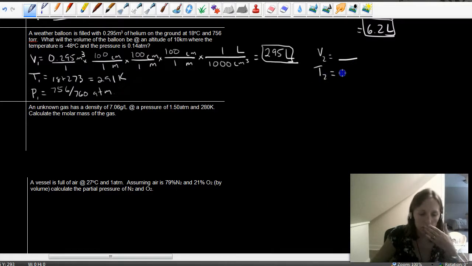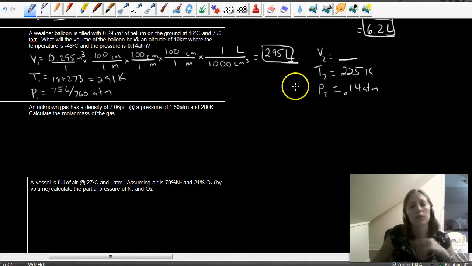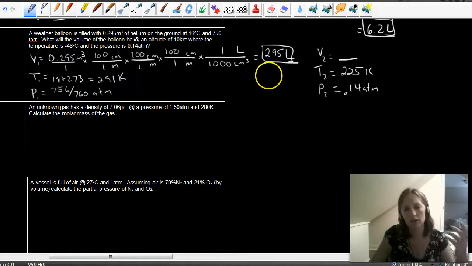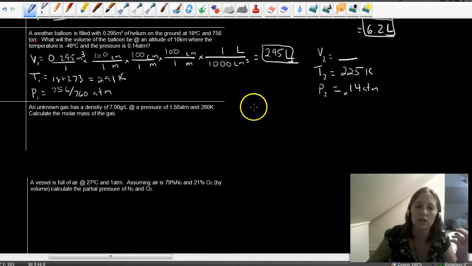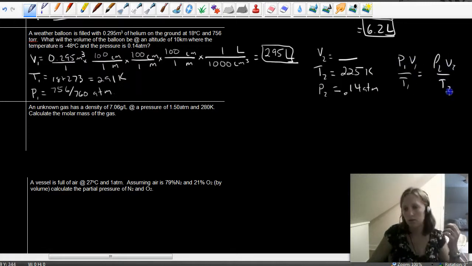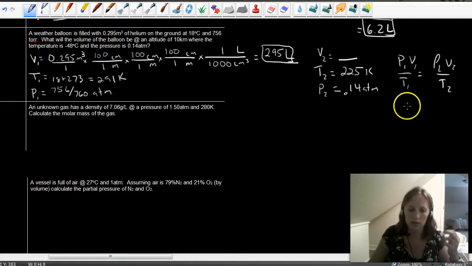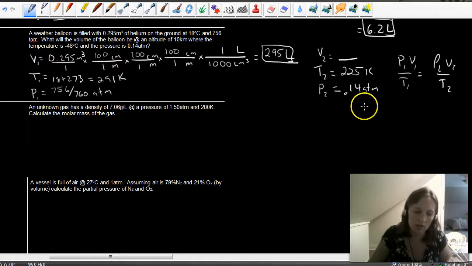T2 is 225 Kelvin because of the negative 48 degrees Celsius, and P2 is 0.14 atmospheres. So that was nice. I gave you the right unit that time. So this is the combined gas law, which is P1 V1 over T1 equals P2 V2 over T2. And that gives us this, which is